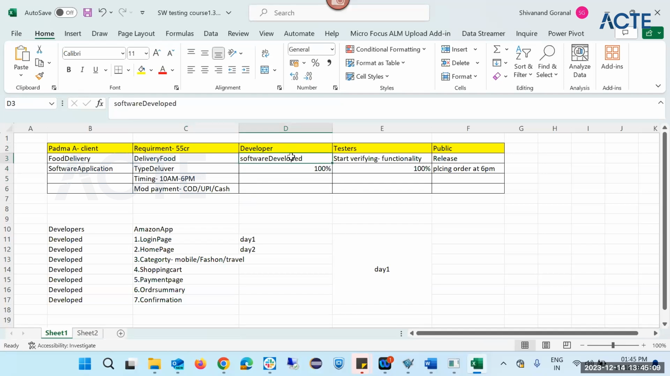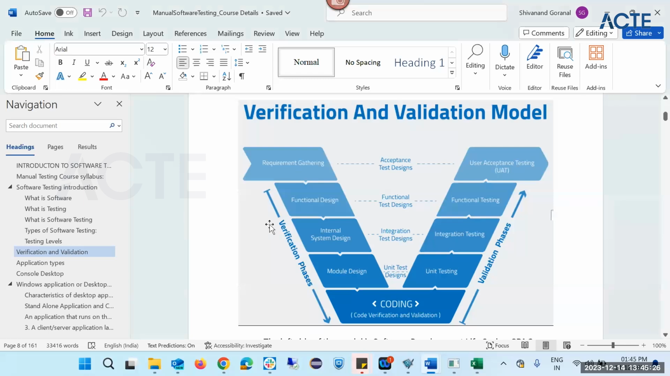One by one, right? So they will do unit testing, everything. So once it is done, then the tester will test the software application, right? So whether it is correctly taking the order or not, what type of delivery it is showing or not. Every functionality, the tester will test it. That is how here also the first step in the validation and verification model, you have to gather the